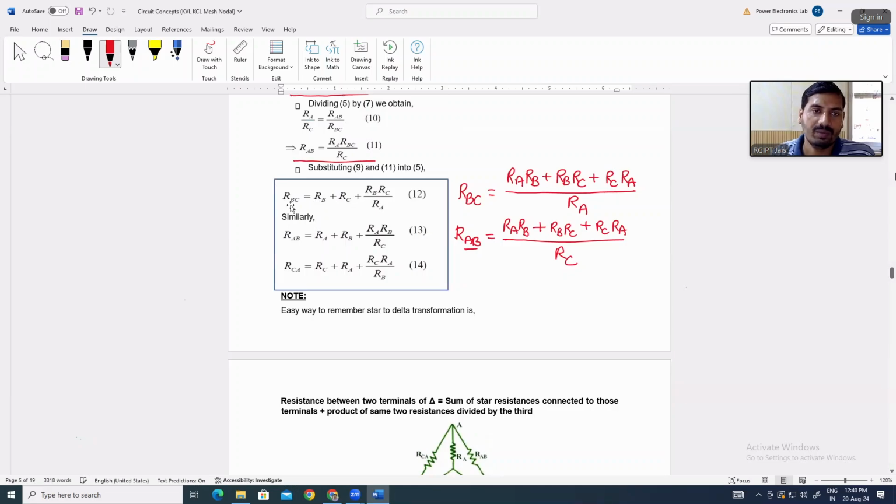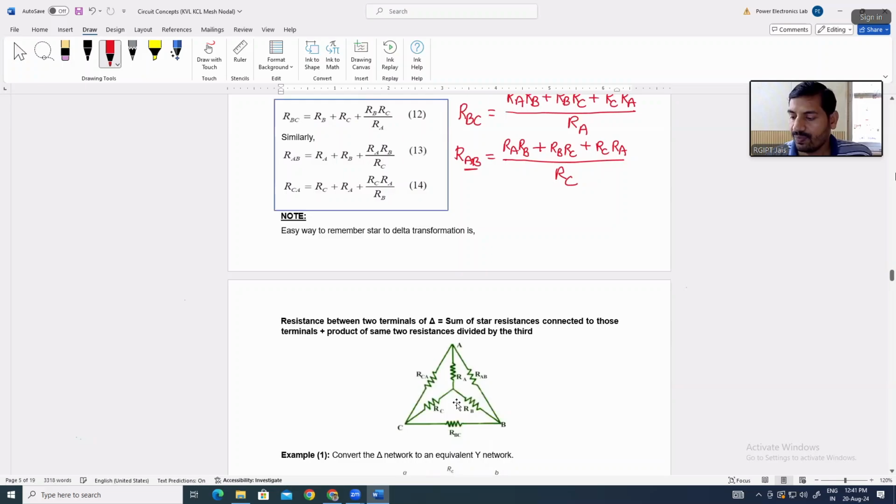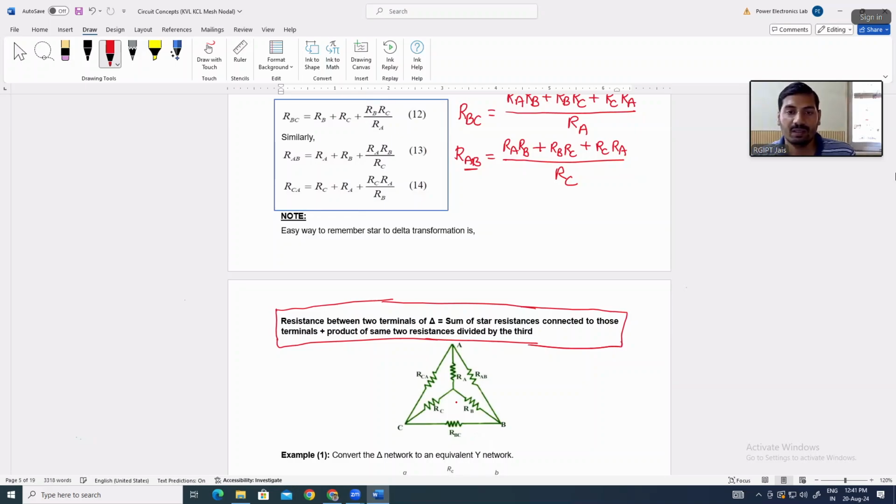So RBC is equal to RB plus RC, means same resistances ka sum hai, plus RBRC, again same resistances ka product hai, divided by third resistance. Okay, so the resistance between two terminals of delta is equal to sum of star resistances connected to those terminals plus product of same two resistances divided by third one. Okay, so you can see